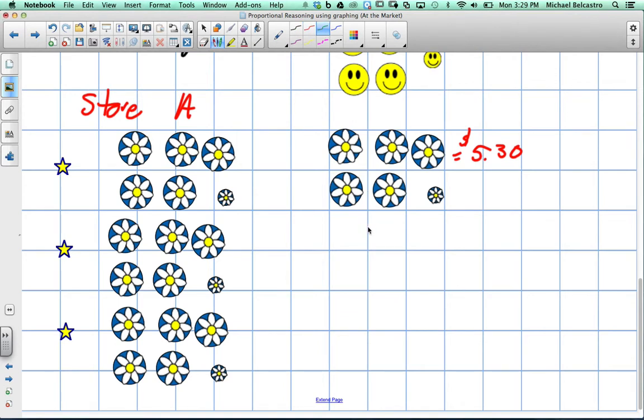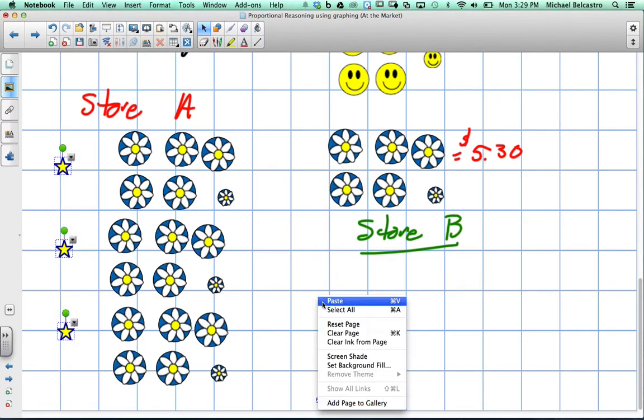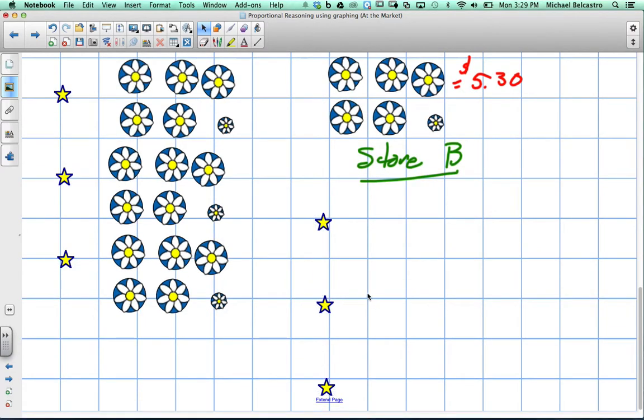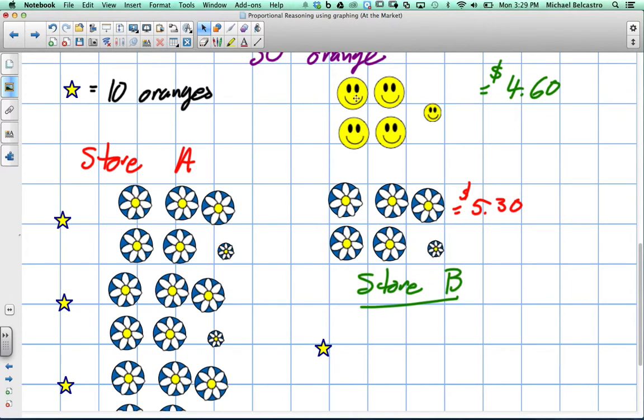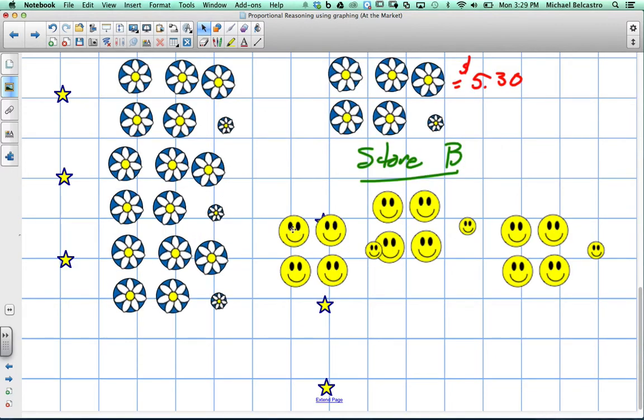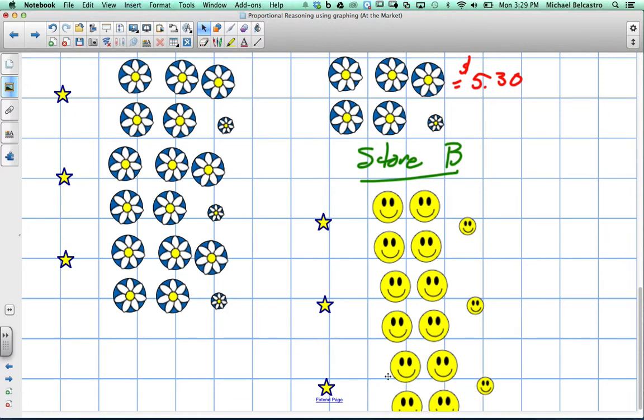Store B here is the same type of idea. We need another 3 sets of stars. So let's copy and paste our 3 sets of stars here. And for each set of stars, we need our $4.30 of happy faces. So we'll take them as one set, 2, and we'll bring them down. I can't quite see, so I'm going to scroll down and bring them in line. Here we go. 2, 3. So we've set these up. And what we need to discover here,